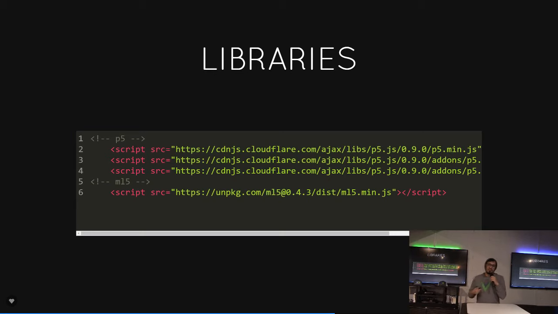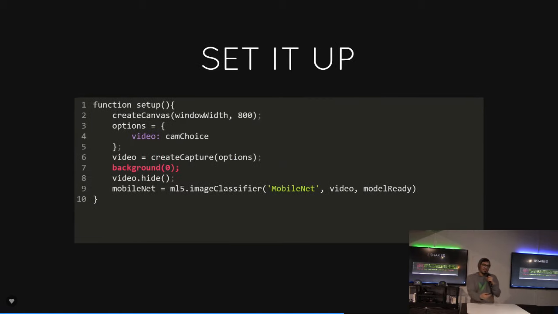Cool. I have something ready to start playing, because these are very simple things. In the setup, I use a function called setup because p5.js will run things in specific function names in a specific order. So you can have a preload. P5 will make sure that runs before, to take care of asynchronous stuff. So setup is the default one that always runs at the beginning unless there's a preload. And in here, all I really have is defining which pre-trained model I want to use and the source. So I'll just go through it real quick.